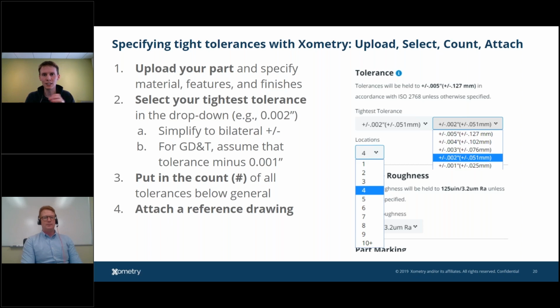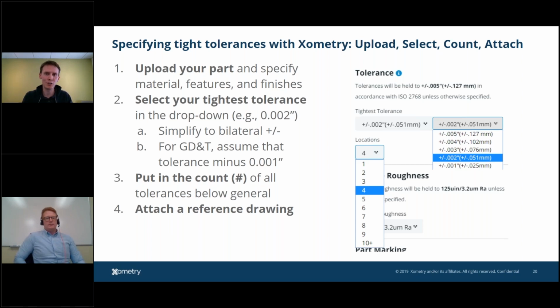So it's very cool to be able to just click, drag, and go to a different, more economical option if you can. The other thing I was going to show is on our website. Again, you can do things like specify your tight tolerances. This is my 4-step process for specifying,